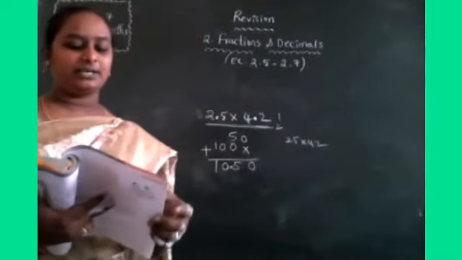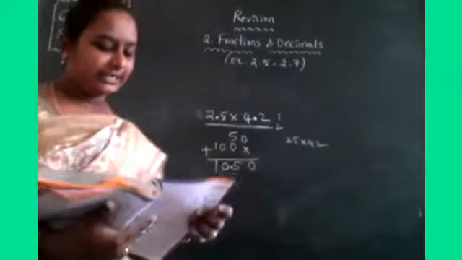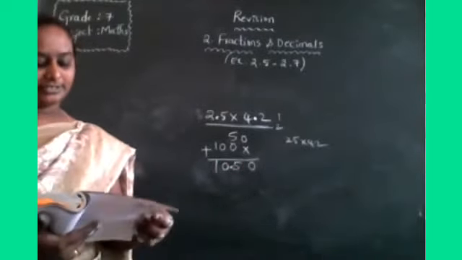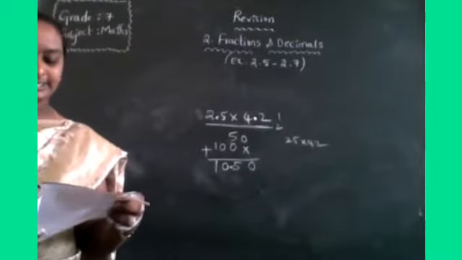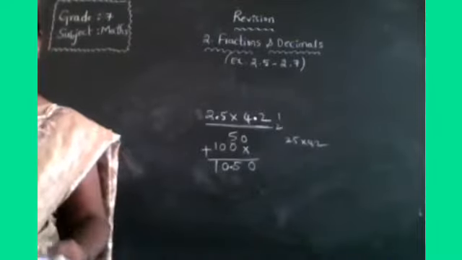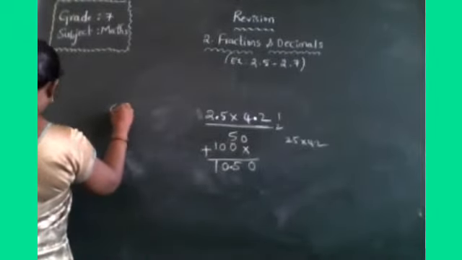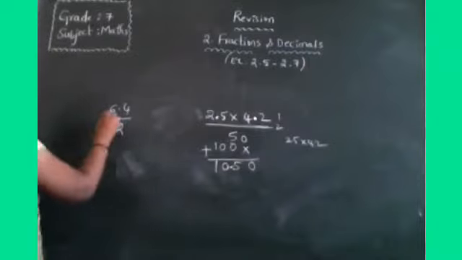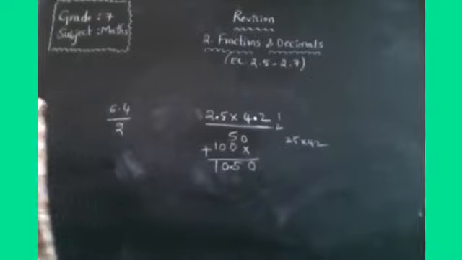So like this, you have many problems in exercise 2.6. In 2.6 you have the first problem, multiplication of a decimal number and a whole number. He has given how to do it. And the same for division of decimal numbers. How to divide decimal numbers? Suppose 6.4 by 2. One decimal number and one whole number I have given. How to divide these two numbers?